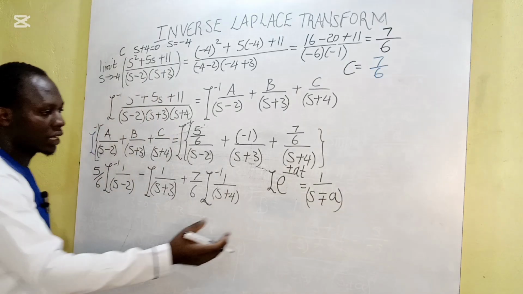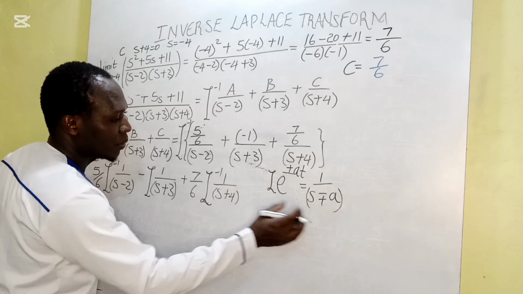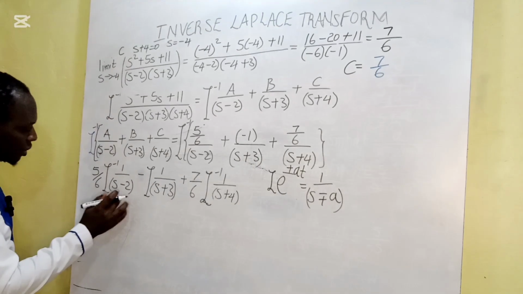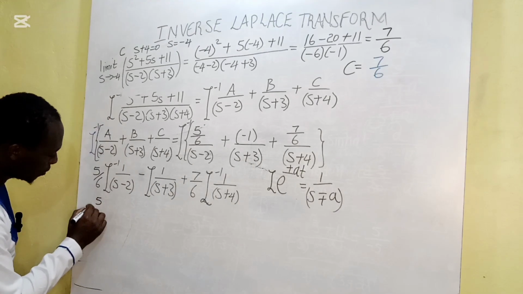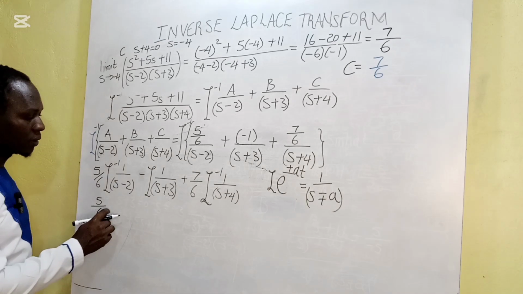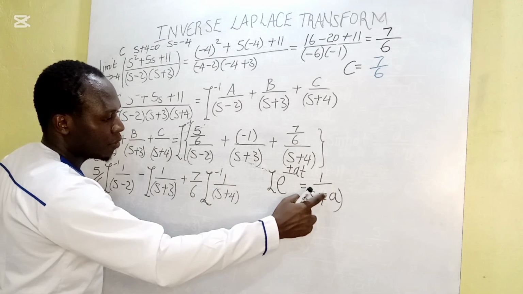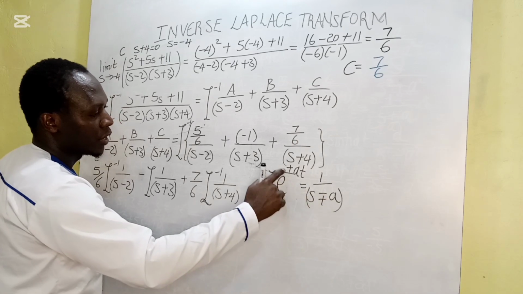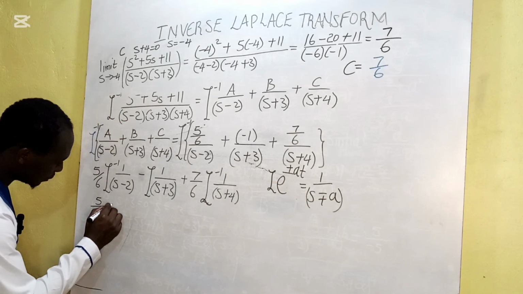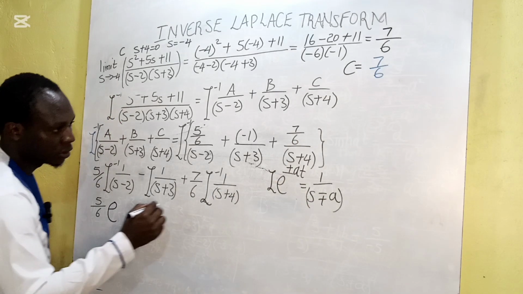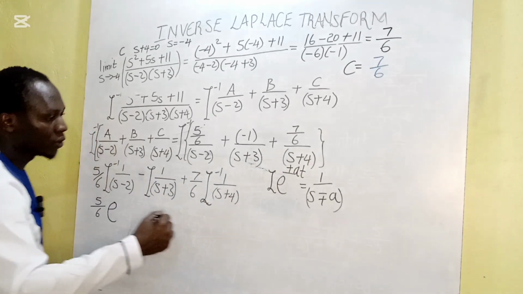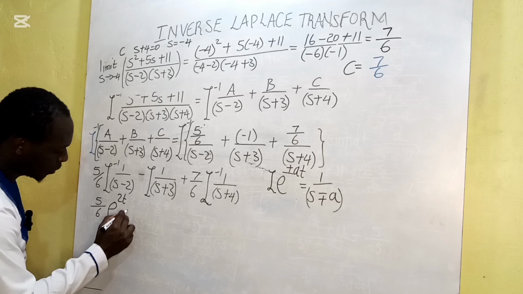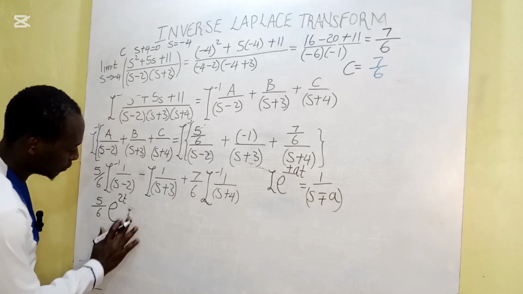To mean that when we check whatever we are having here, we can relate to the exponential. Let us now come here. We are going to have 5 all over 6. When we are having a negative of A here, we are going to have exponential a positive of A. So here we are going to have 2t. We come and subtract from